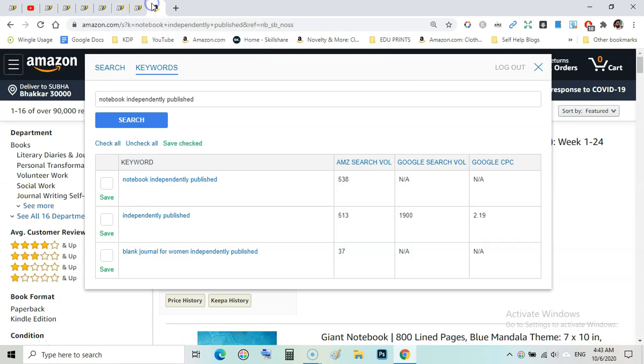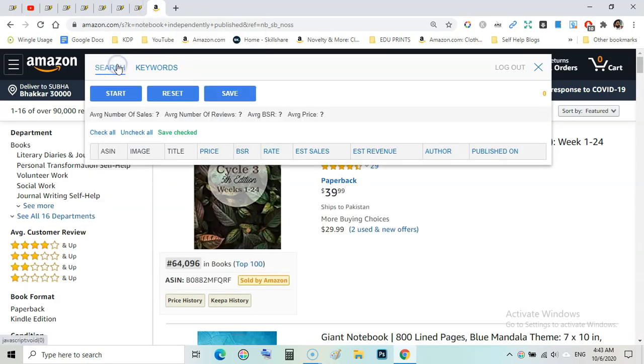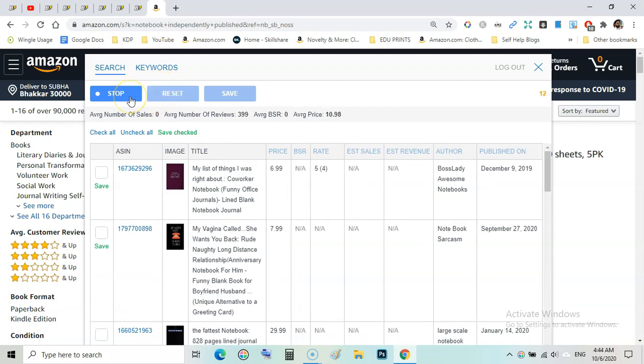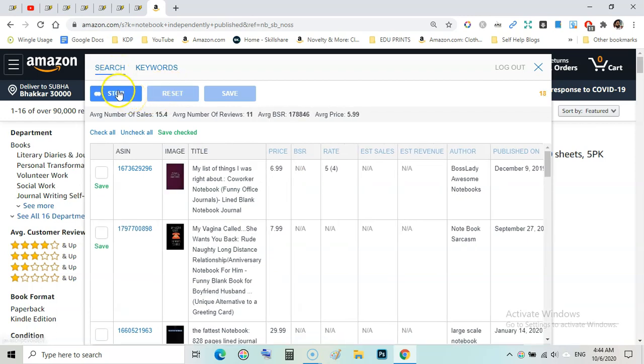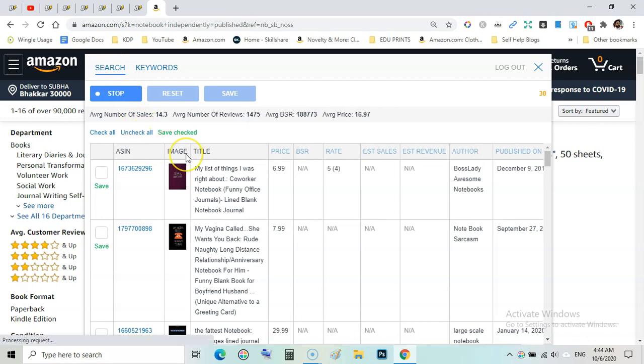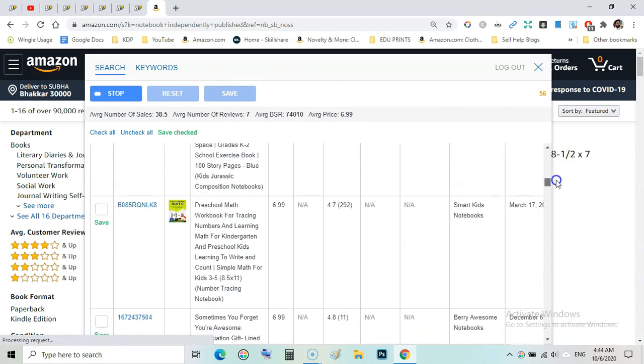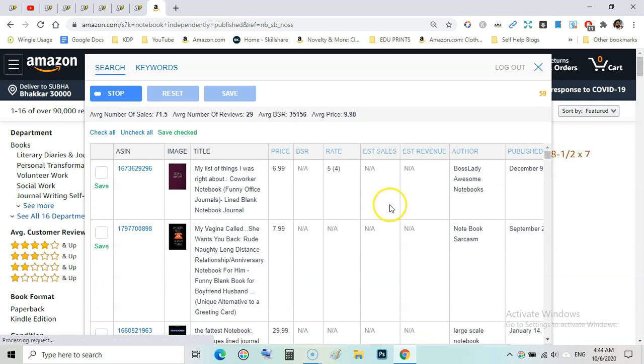You can also click on reset, and when you click on the search button and click on start, it will show you all the keywords and products relevant to your seed keyword that you entered into the Amazon search bar.